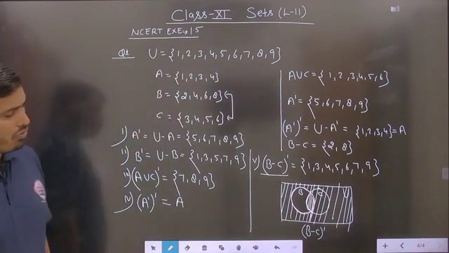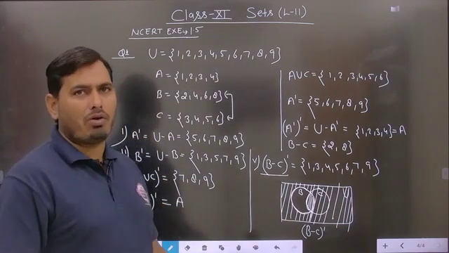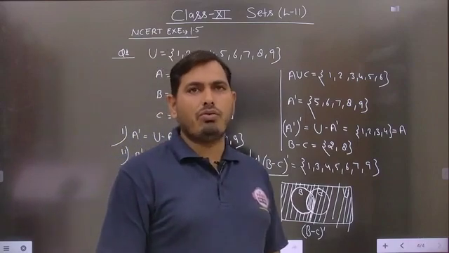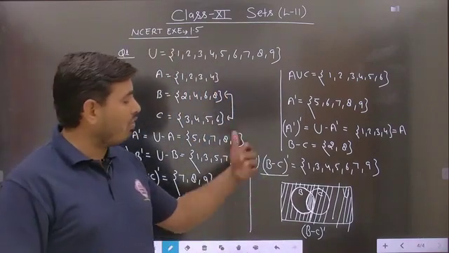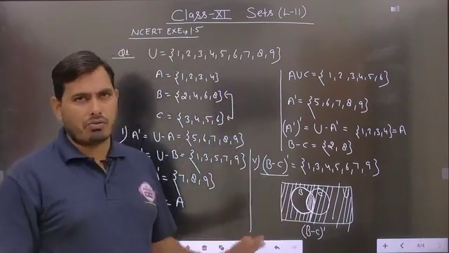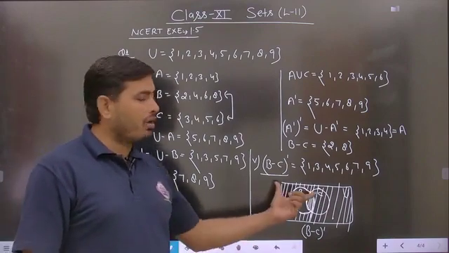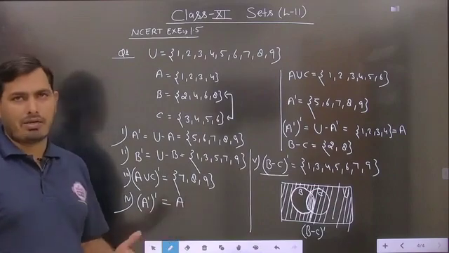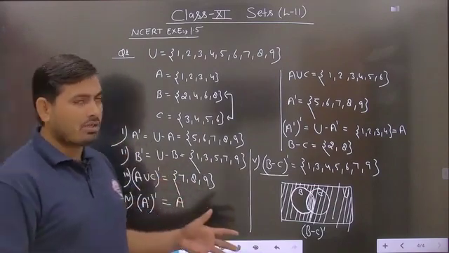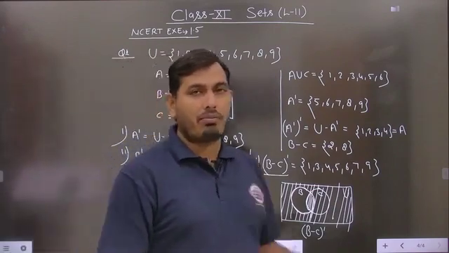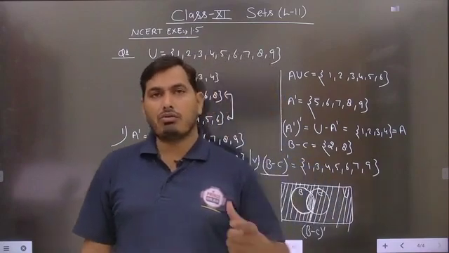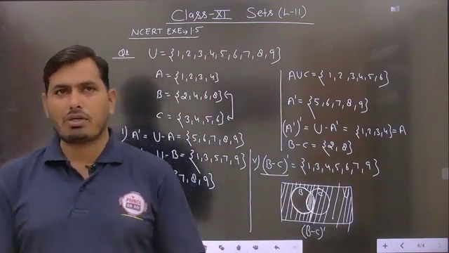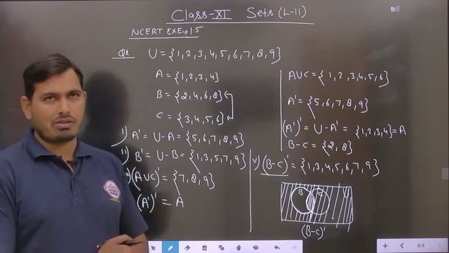So easily, students, you can make the Venn diagram of any kind of operation. Sometimes union, sometimes intersection, sometimes the complementary part. We just have to calculate each and everything carefully, and you can make the Venn diagrams, because after this exercise we will start the practical problems related to union and intersection. Then the Venn diagrams are a very important part for us. Is it clear?